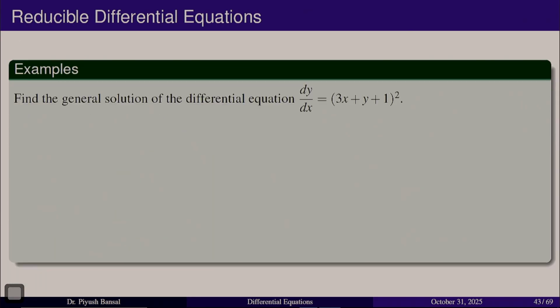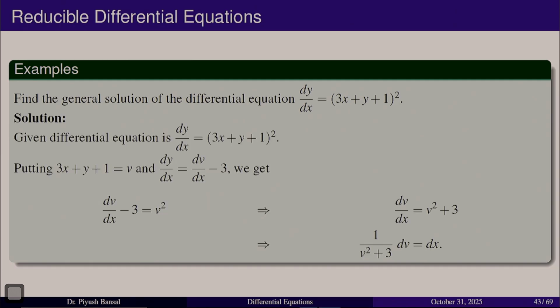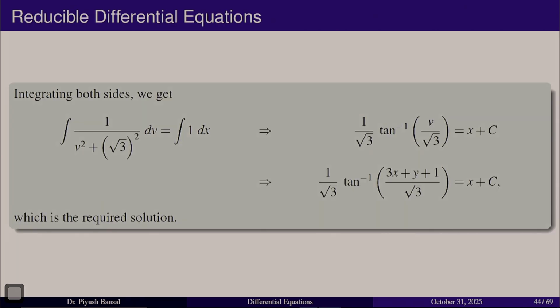Similar is this problem. Here we have again (3x + y + 1) whole square. So, this 3x + y + 1 we will replace with v in order to obtain the differential equation dv/dx - 3 = v square, and now it is again a variable separable equation. So, we separate out variables v and x on both sides, integrate them, and we will obtain the final solution